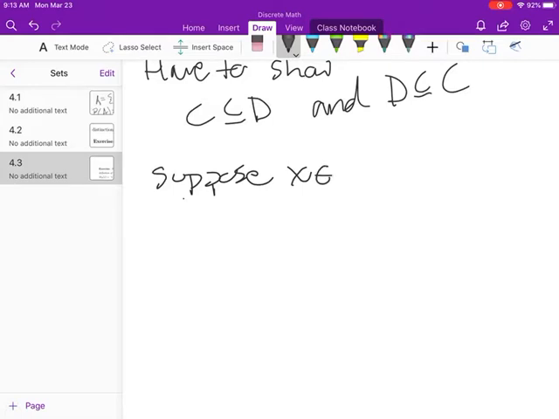So suppose X is in A union B. Right, so let's suppose, and I'll put parentheses around this to make it explicit that it's an element of both in this case. So for X to be in there, I know by definition, right, by definition,